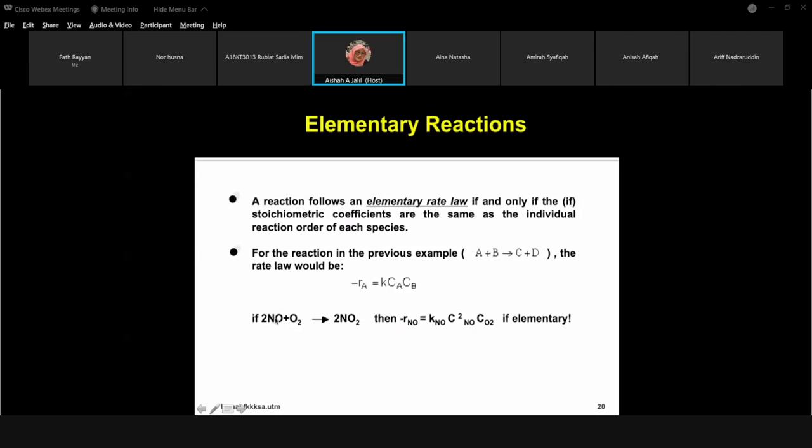What we take as A as a basic, what we call it, limiting reactant. This must be the limiting reactant because here is NO, r_NO, usually r_A, A is the limiting reactant. So this must be limiting reactant, equal k_NO, C_NO power of 2, C_O2 power of 1, so just like this.